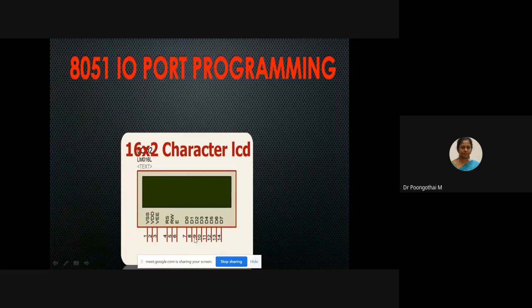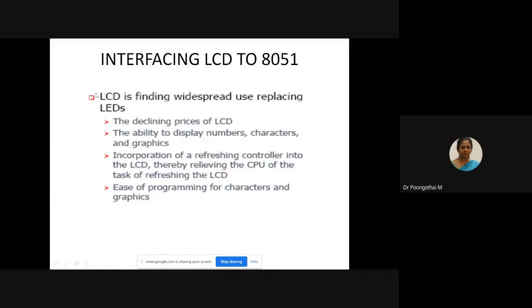In recent years, the LCD is finding widespread use replacing LEDs. There are many drawbacks while using LEDs. LCD is cost effective compared to LED, and also it has the capability to display numbers, characters and graphics, but in the LED case, we can either turn it on or turn it off.